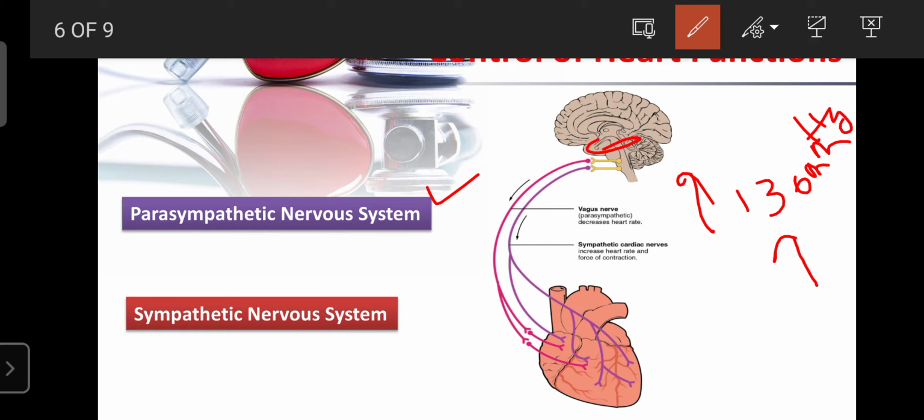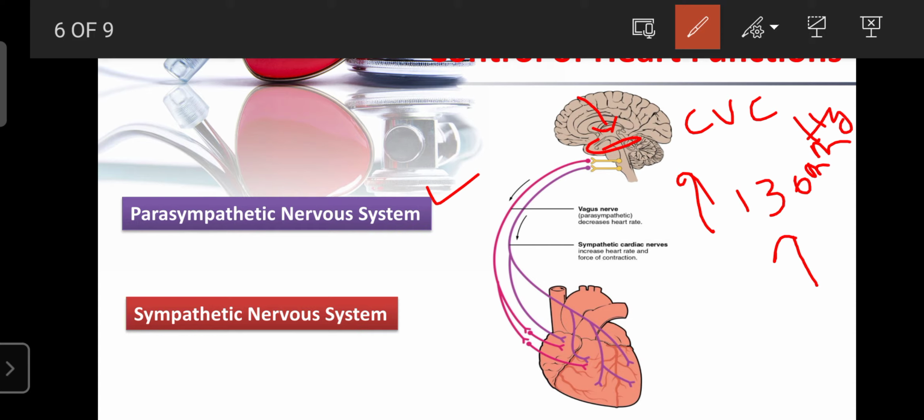The medulla consists of certain centers, known as the cardiovascular center. A center is a group of neurons that work together for unique functions in a particular part of the brain. Like that, in the medulla oblongata, a certain group of neurons are responsible for the formation of the cardiovascular center. The integrated message from the cerebral cortex reaches the cardiovascular center, which has the center for the autonomic nervous system, and the autonomic nervous system has two systems, the parasympathetic nervous system and the sympathetic nervous system.